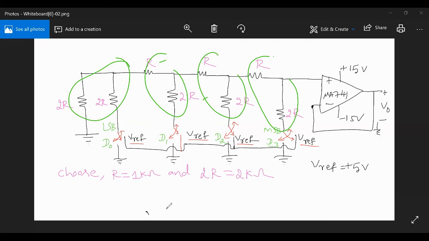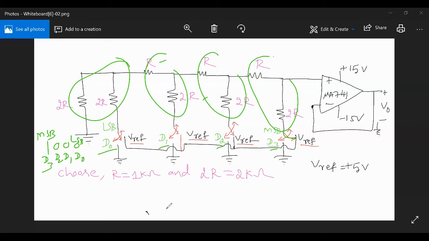And you can see here there are bits called D0, D1, D2, D3. These bits are called input bits. Suppose I want to configure 1000. As mentioned in the diagram, D3 is MSB, and this is D2, D1, and this is D0. So D0 is LSB, whereas D3 is MSB. If I want to configure D3 as 1, I must connect D3 to V reference.